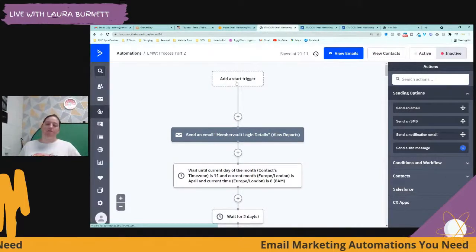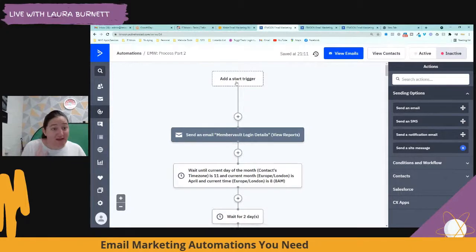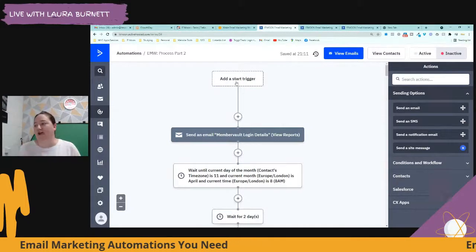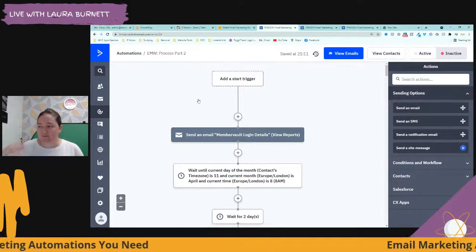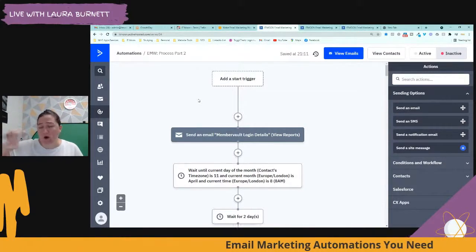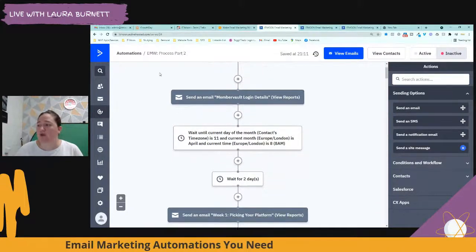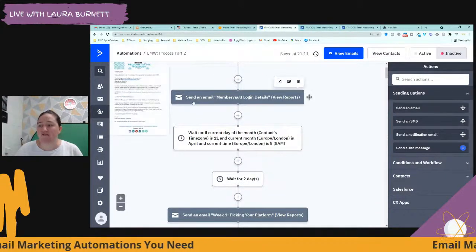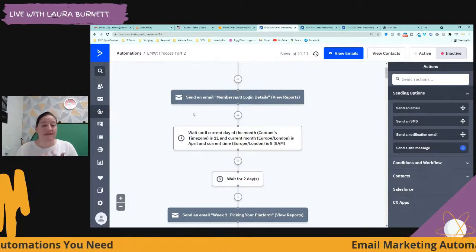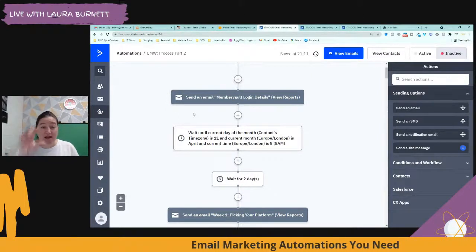Yes. So I didn't use this for a challenge. It was for a program, but just as an example. So say that you had a challenge. You could have it that they get added to your email marketing system and into this automation that you could create. And then within that automation, you would send them all the details that they need to know. So any login details, any Facebook group they need to join, or anything like that, and you'd send that straight